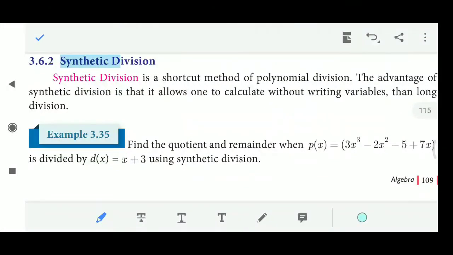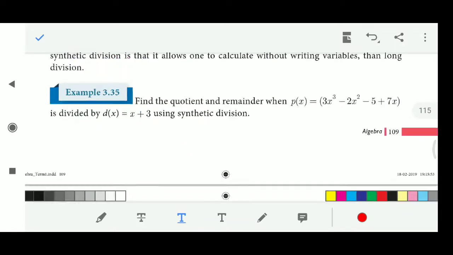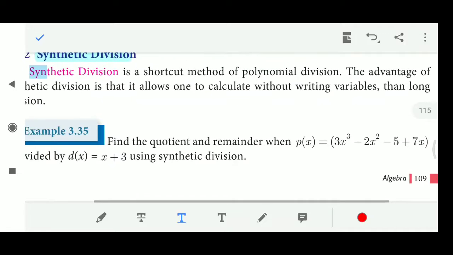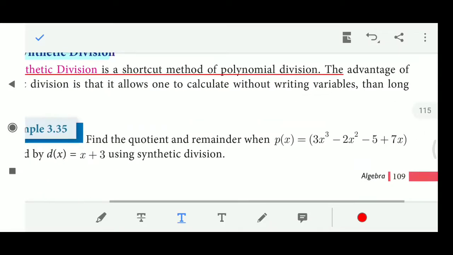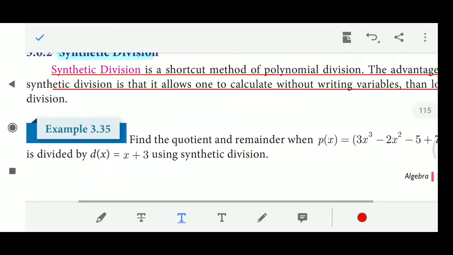In the division of polynomials, we have one more type, called synthetic division. This type is a shortcut method of polynomial division. The advantage of synthetic division is that it allows one to calculate without writing variables, unlike long division. That means the first method we did is called long division, and this method is called synthetic division. But there is one drawback: the divisor must be a linear polynomial, then only synthetic division